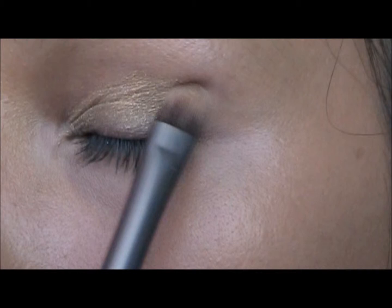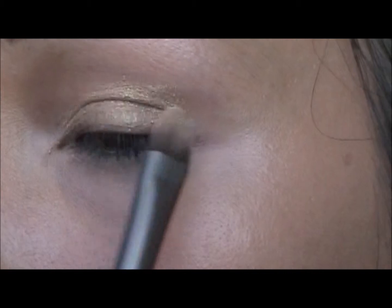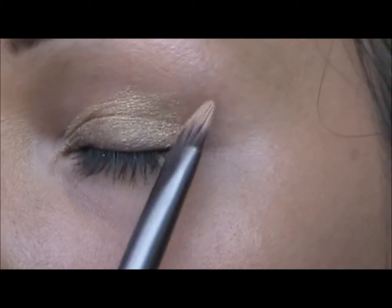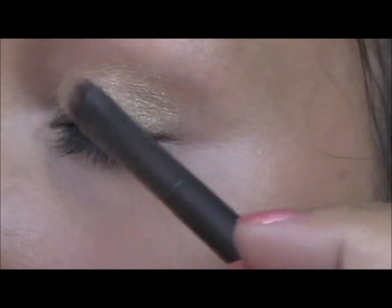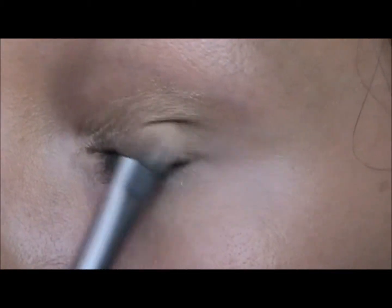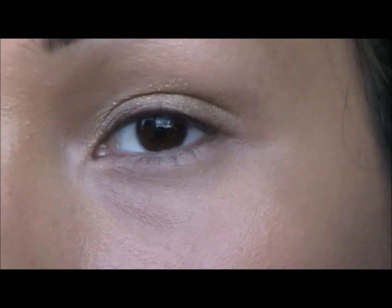And you can start shaping your eye right now if you'd like. Like, if you want it to be rounded, just make it more rounded. If you want it to be more pointy, then do that. Make sure that most of the color is packed on first before you start swiping and blending. And now that you have this lovely shape,